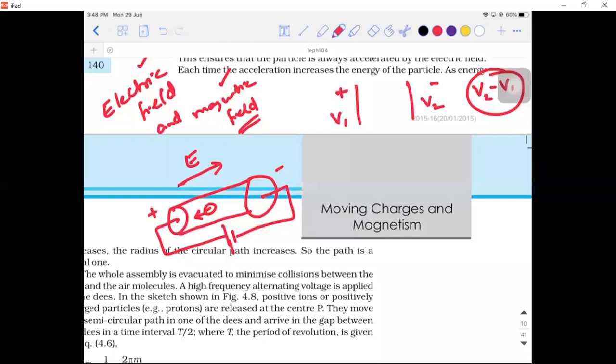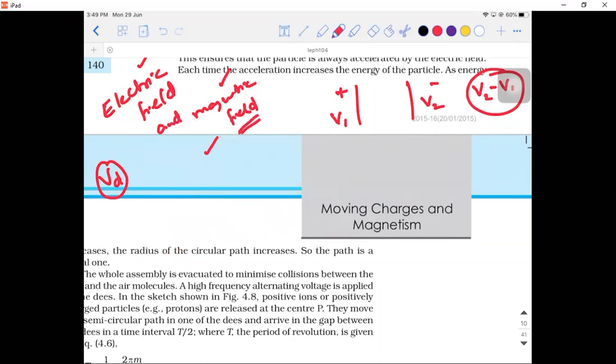Do people remember this concept? We discussed the drift velocity. At that time I would have explained that there is an electric field. So next time onwards, whenever you need an electric field, you can either have a point charge, or you can connect it to a battery. Okay, so we connect it to a battery.